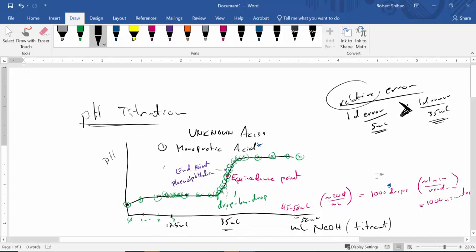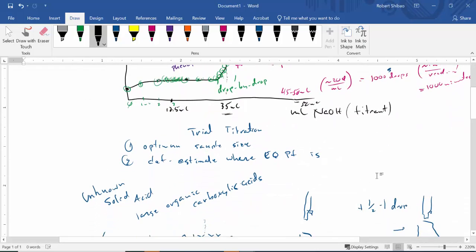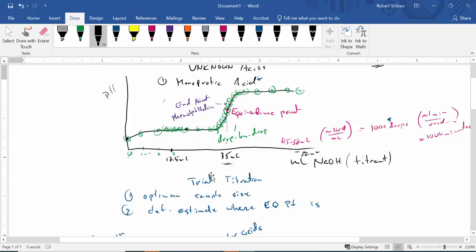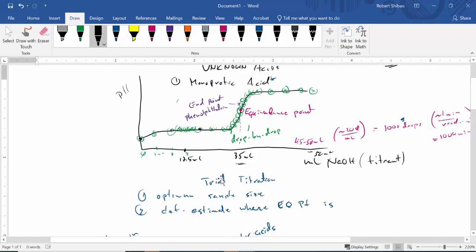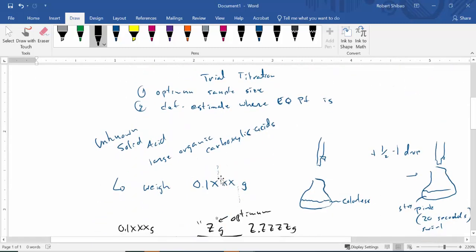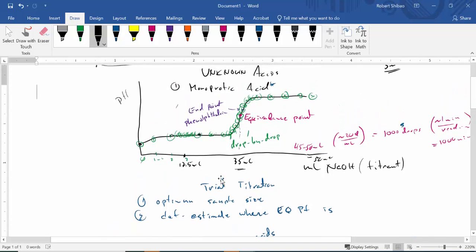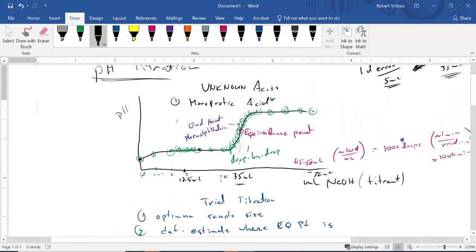And so when we do our titrations, like in Chem 1A, I see a titration and they really screwed up. In Chem 4 they can't screw it up. In Chem 1A they weigh the wrong sample size and they're doing a titration with 4, they hit the end point at 4 milliliters. You know, 4 milliliters is not good. All right, so what we're going to do is we're going to check out the equipment and then